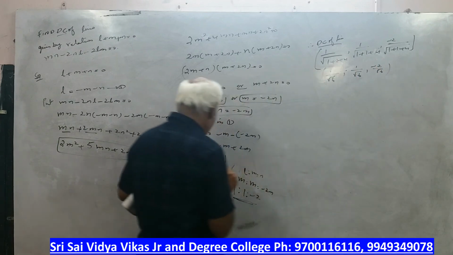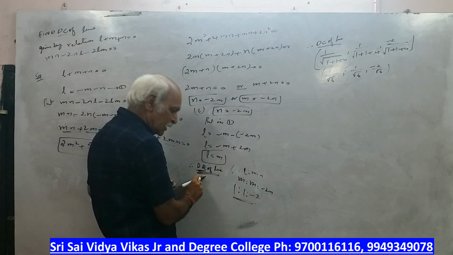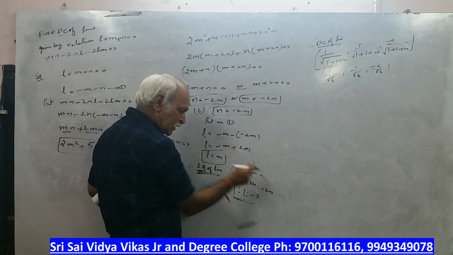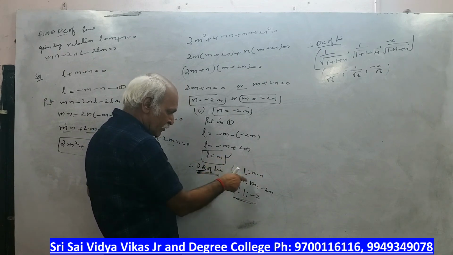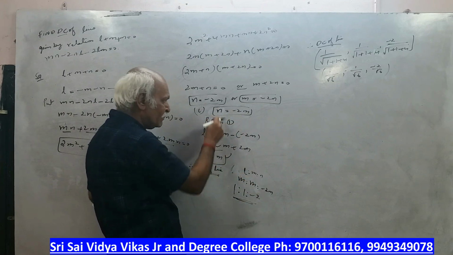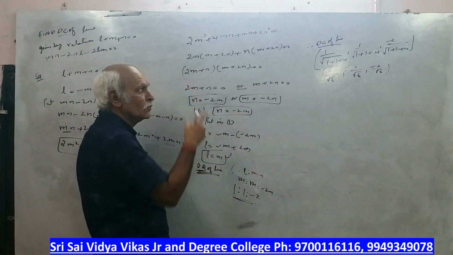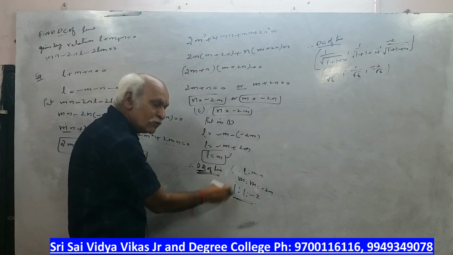So what I have written here, DRs means ratios. I am writing ratios of the line. Ratios of the line is L is to M is to N. What is L value? We got M. What is M value? We did not get it, but we got N. So we have written L in terms of M, N in terms of M. So we got 1 is to minus 2. DRs we know, then divide.